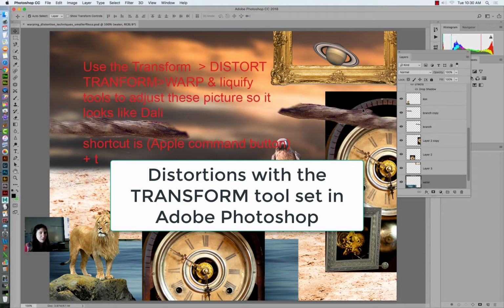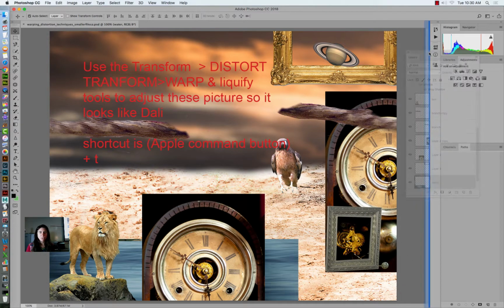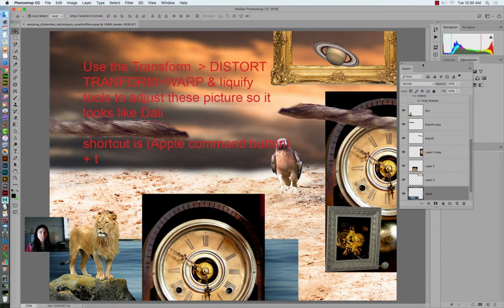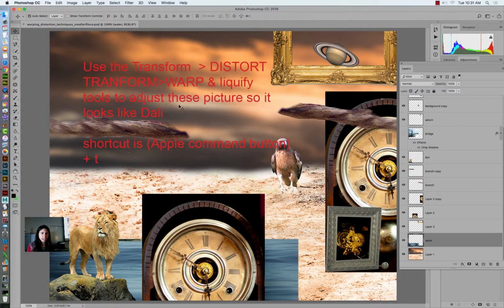So we're going to talk about another way to distort your images, which is very, very useful when you're doing projects where you need something to have a little bit of perspective. We're going to talk about all these amazing tools in the transform